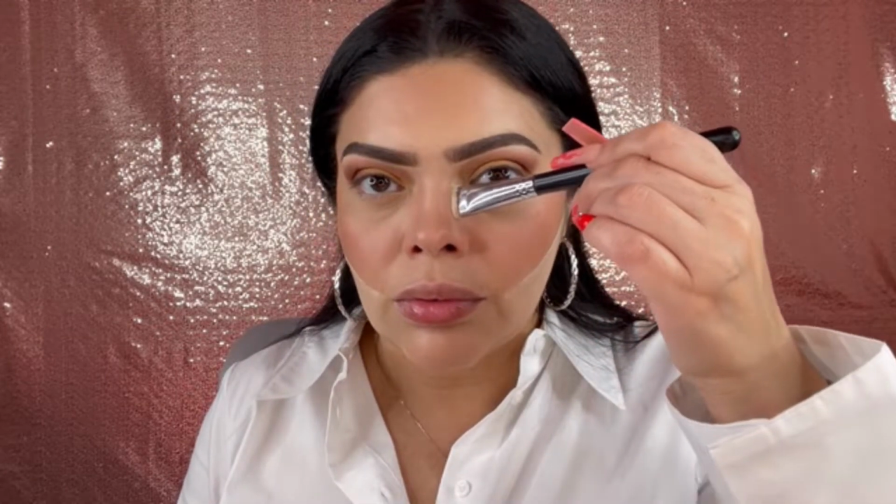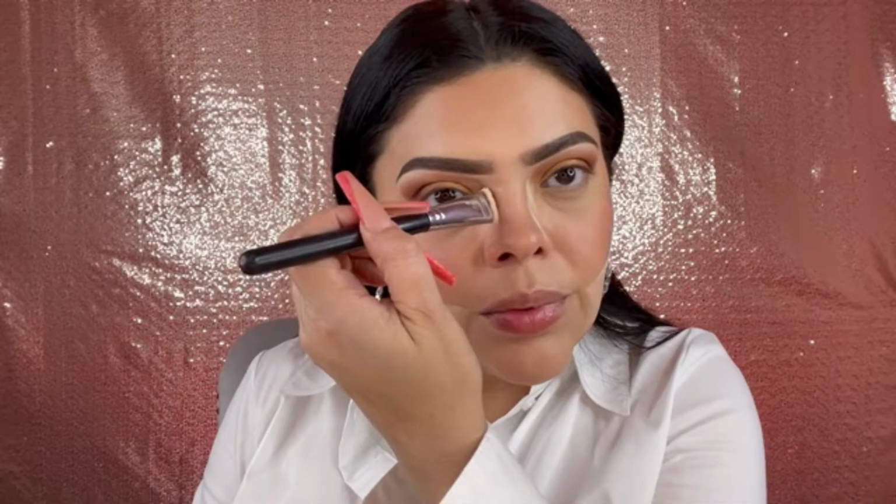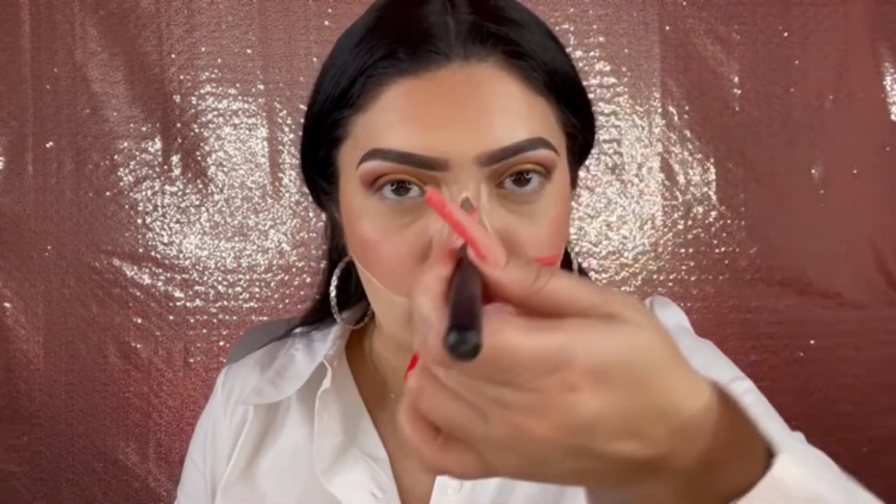Then I'm going to go into a little brush like this that has an angle, a little skinny brush. This one is from Morphe. And I'm going to cut out the nose here. On both sides. And I'm going to put just a tad bit in the middle to help set it. And I'm going to let that sit for a little while I work on the color of my under eye